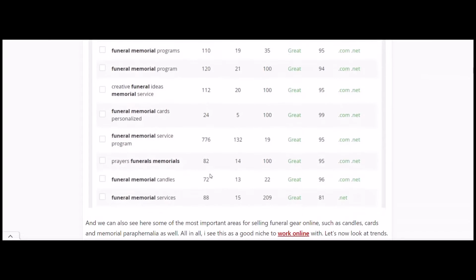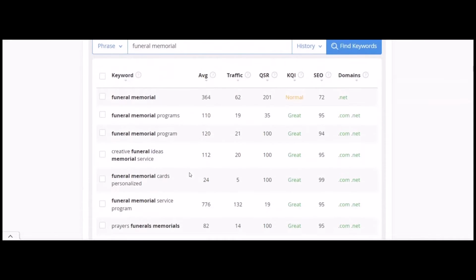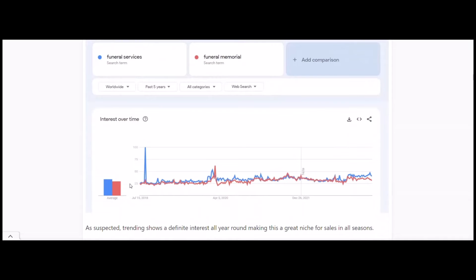You can see there's good numbers of searches. This is only the first page. These pages do go quite a bit further down. So I'm very comfortable with the numbers there to make sure that there is actually stuff people are searching for online. And if we look at search trends, funeral services, funeral memorial,